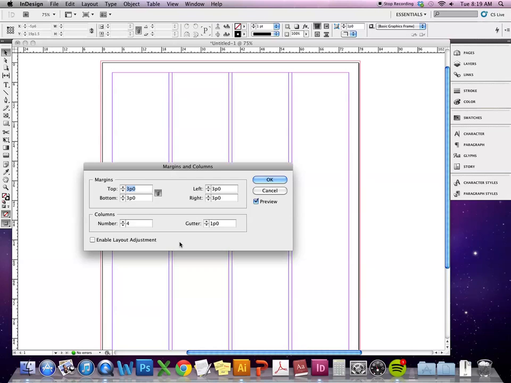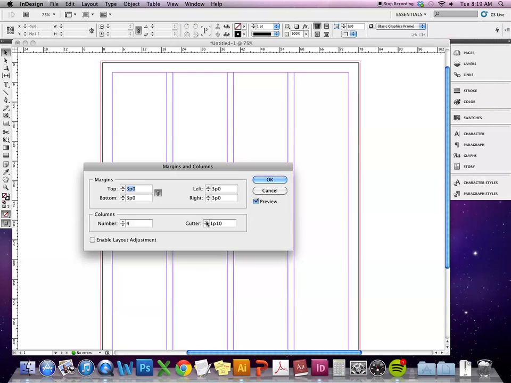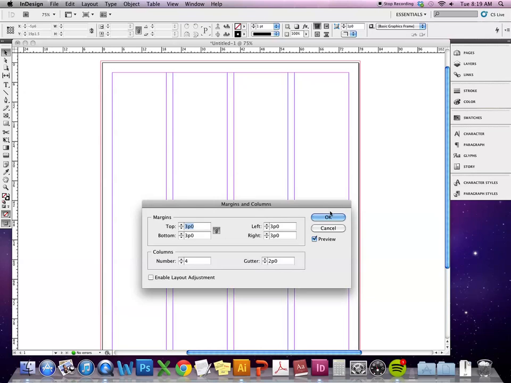Generally speaking, you want that gutter to be there so that if you had big blocks of text, there would be some space between each block of text horizontally. Because if that weren't there, then you'd have 2 blocks of text right up against one another, and it'd be tough to decipher one line of text from another line of text in a completely different column. So right now that gutter is pretty thin. I'm going to go ahead and make it 2 pica,